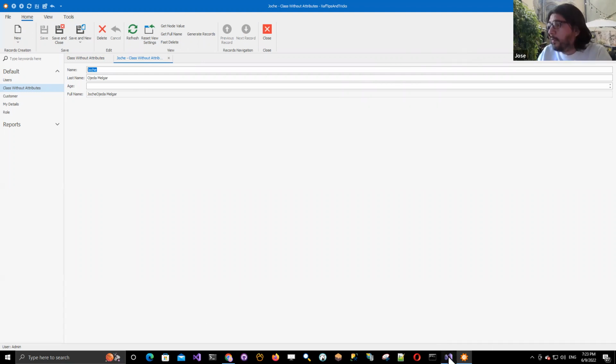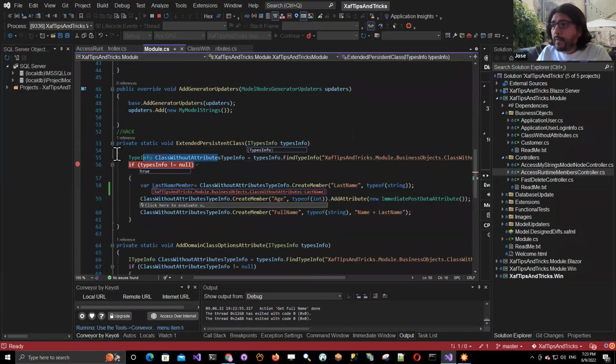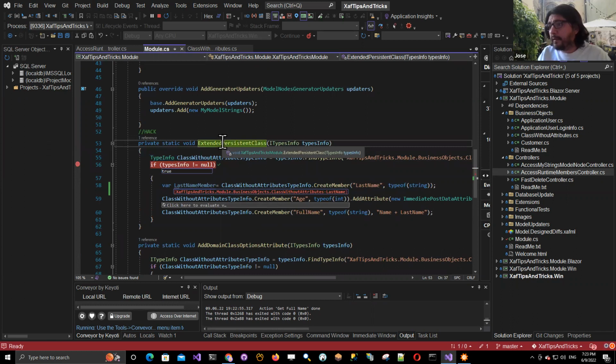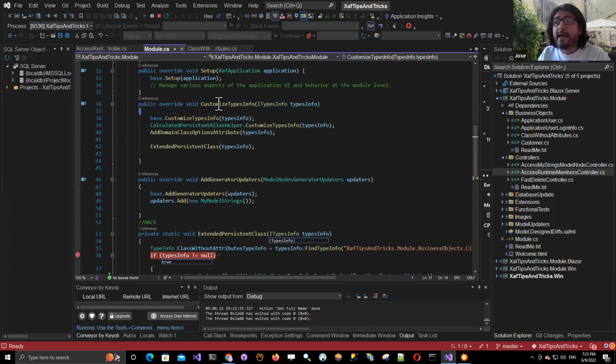Just to give you a small piece of advice, because we have this in other cases: since you have this method, the customize types info, sometimes you can have another external application where you get information about the business types, and then you create a UI or whatever to extend it. Then you read that information in here. Maybe you can save that information in a database or a file or whatever, and then you execute it in this method. That will extend the